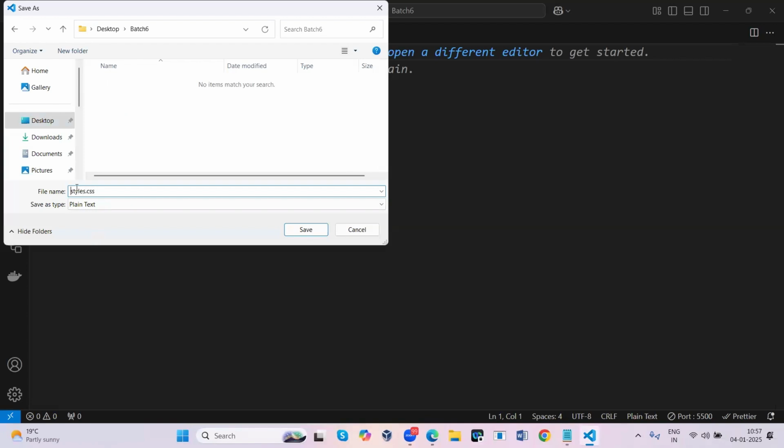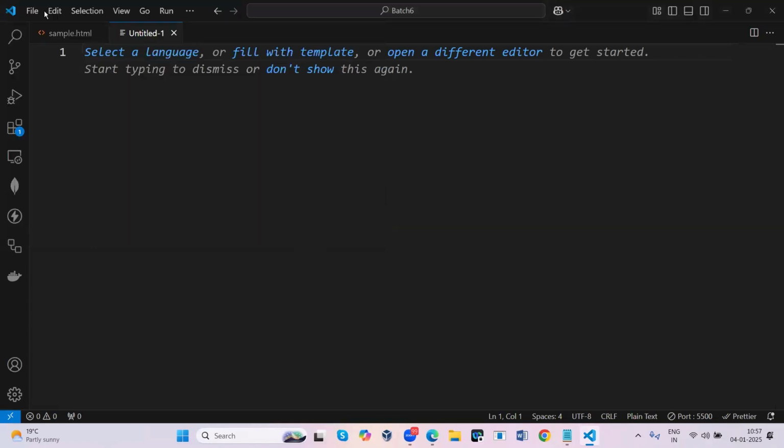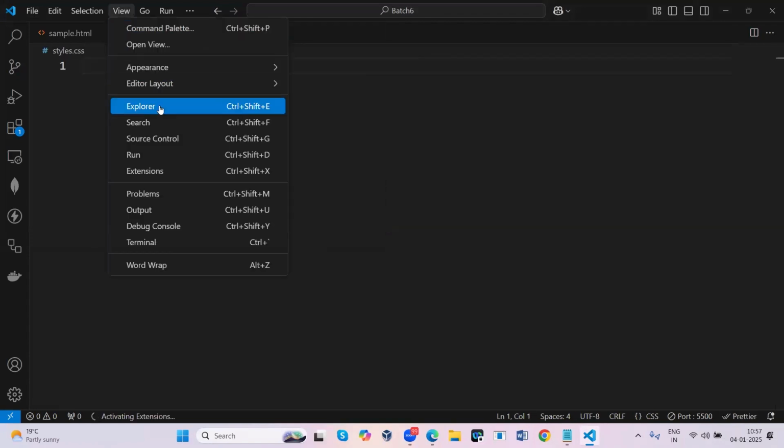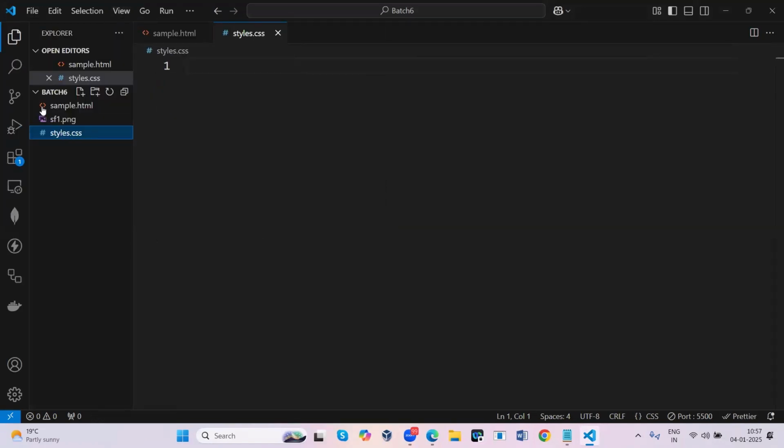You can give any kind of file name, but when you are creating a styling file, you need to specify the extension CSS. Then only it will understand that it is a style file. So just save it. Once I save this, you can check here: the style file is added here. See the icon; styles has some kind of symbol.